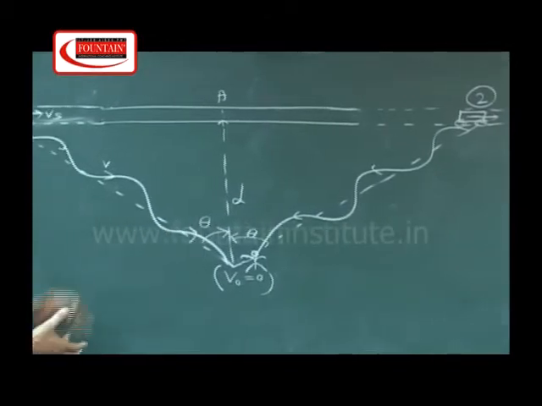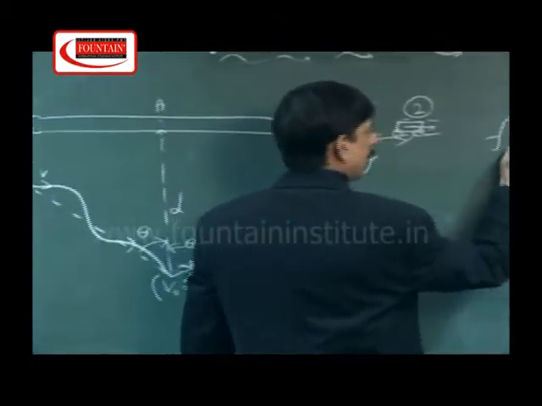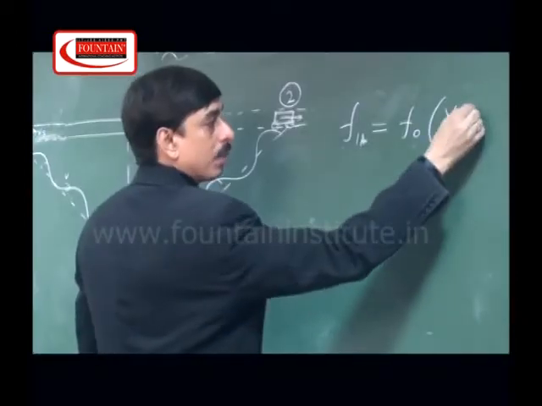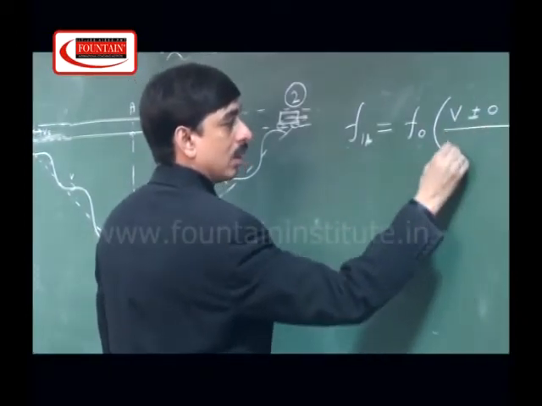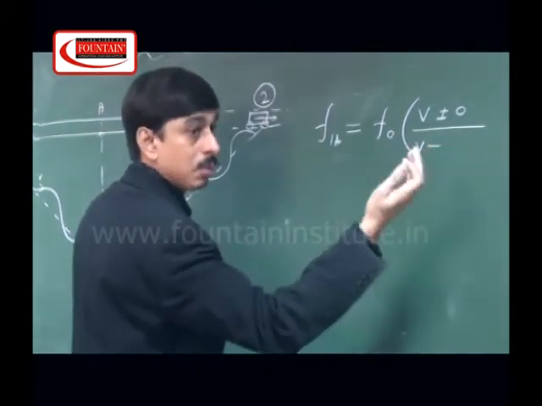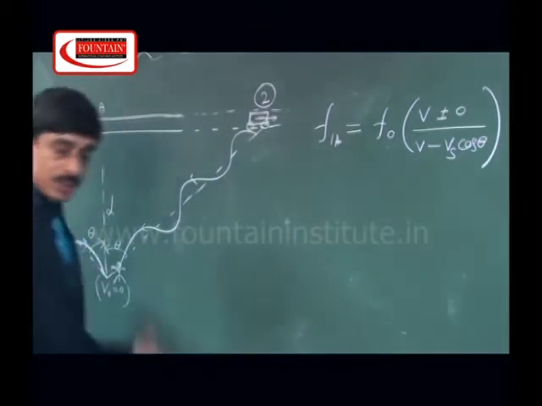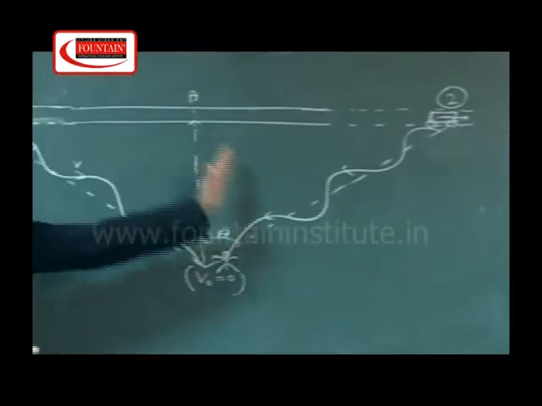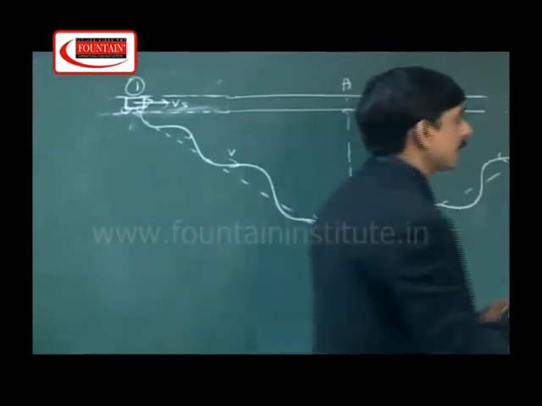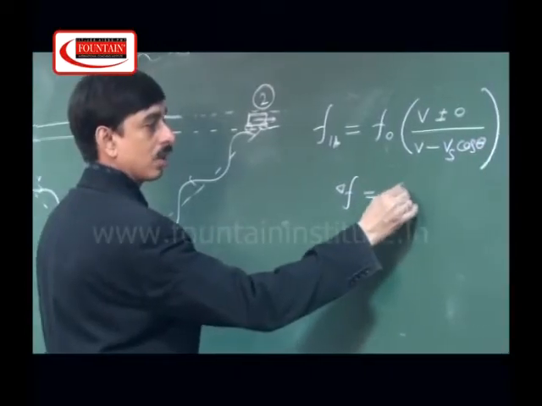In this situation, when it is approaching from 1 to A, this apparent frequency f1a, you will get f0 v. Since the listener is not moving, it is plus minus 0, but the source is moving towards the listener, so frequency will be more, so v minus vs cos theta. You take the component of this velocity; when it is coming towards, theta becoming 0 gives the maximum, so that is vs cos theta. That means the change of frequency from 1 to A, we are getting f0 into v